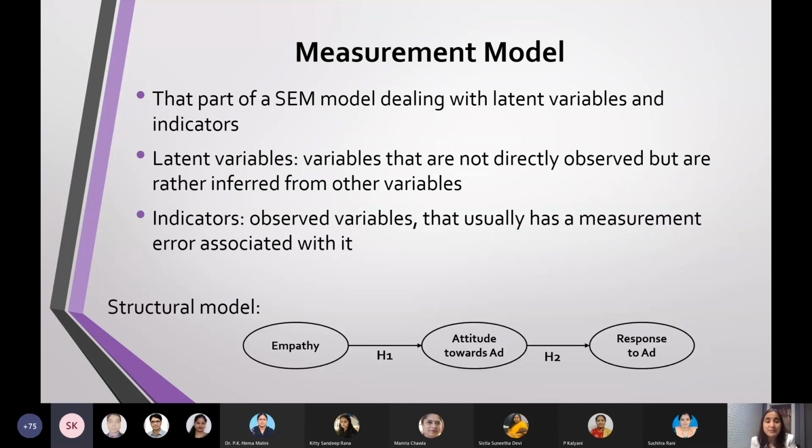And that usually has a measurement error associated with it. So these indicators that give you an answer to the latent variable have a measurement error associated with them. That's something you just need to know: there's always a measurement error associated with indicators. Now the model that we see here, and this is the model that we are going to test,